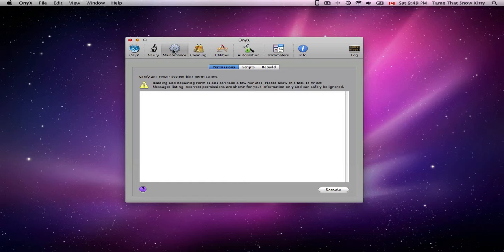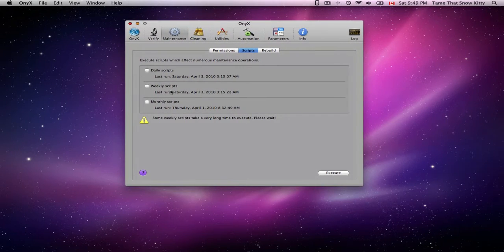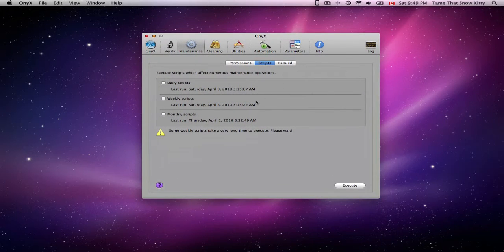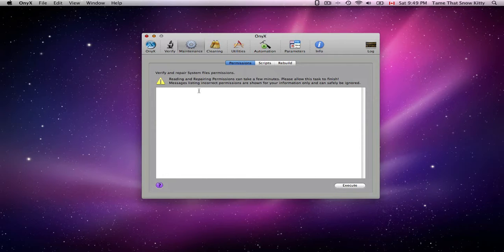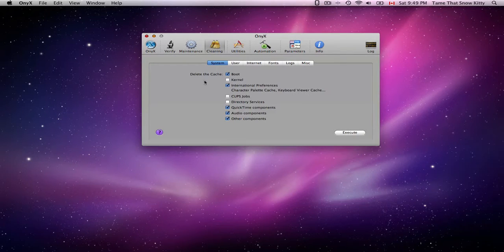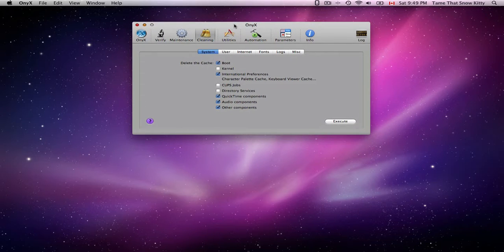So for example, your machine runs scripts daily, weekly, and monthly, and if your machine's turned off, it won't run those scripts. And so this lets you execute those manually. It lets you rebuild different indexes and stuff, repair disk permissions, clean out caches and everything. If you don't understand it, it's not really necessary, and it's not necessary for you to do either. But sometimes when things aren't working properly and your system seems bogged down and slow, it's good to execute these